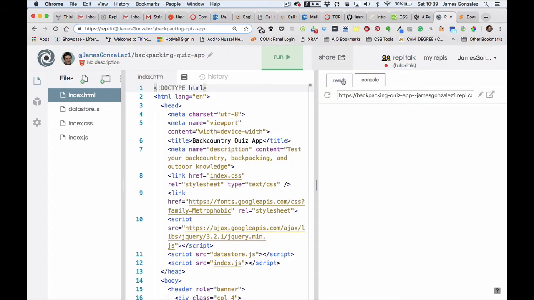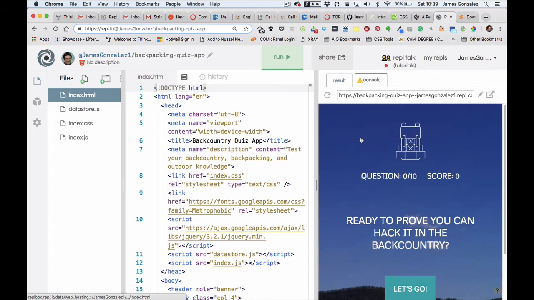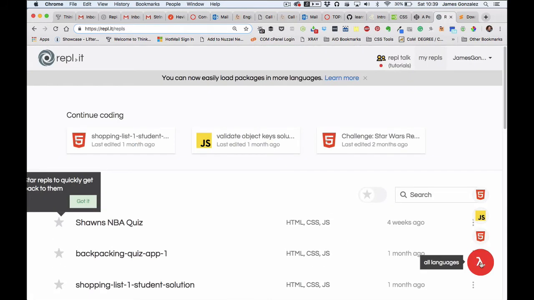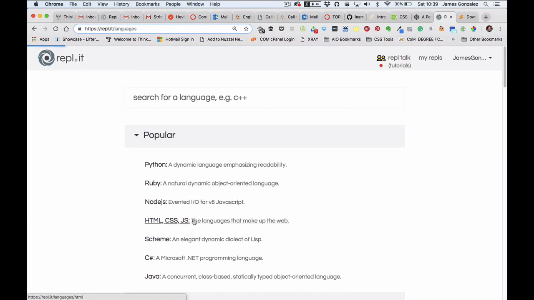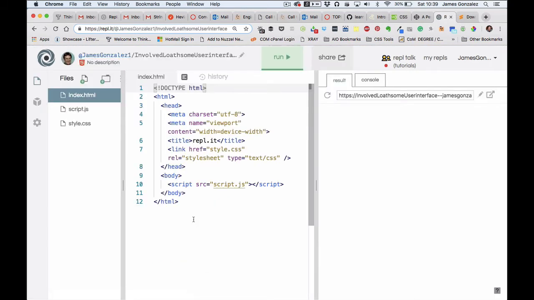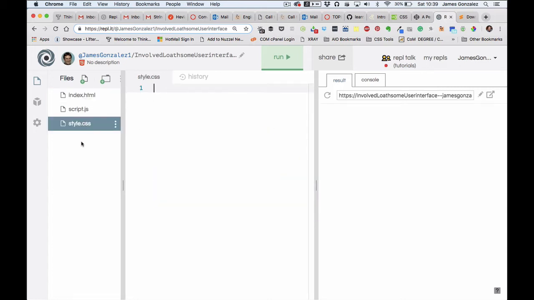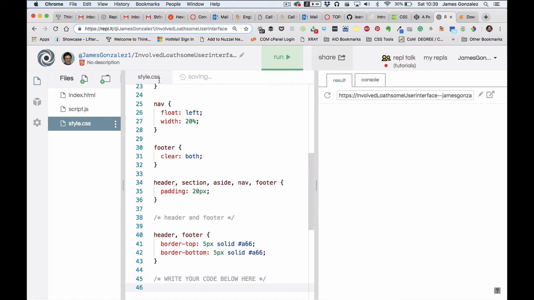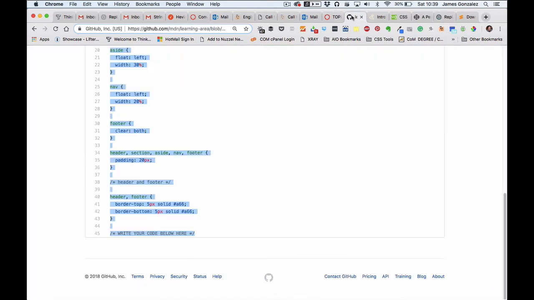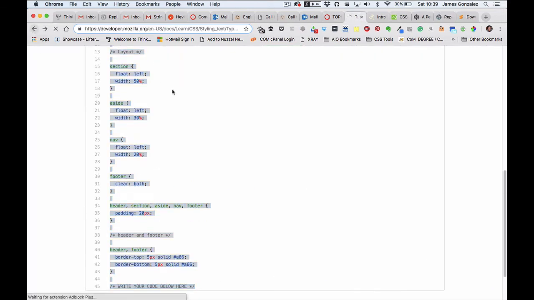I like Repl.it. Here's a Repl.it. And notice that I have my files here and I have my code here, and then if you click on run, it'll show you the results there. So it's a little bit different. So what you would do is create a new Repl by clicking on the little plus button right there. And we're going to do HTML CSS, and that gives you this new starter page. So basically take all of your CSS here, that's style.css, and paste that CSS there. And like you did before, you'll just go back and copy the HTML